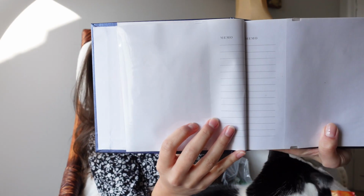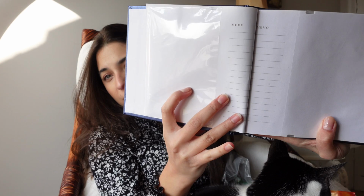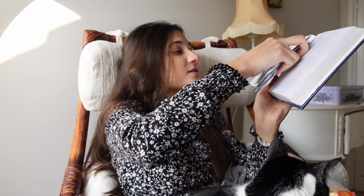I'm also storing my seeds in this photo album that I thrifted from the charity shop, which was £1. It had a very dirty plastic cover on it, but I just took that off and it's brand new underneath. So far all I've popped in there are my giant poppy seeds. I thought they're really good for the gardening stuff because they've got a little memo bit where you can actually write down notes. But they've also got these plastic sleeves. So for example, you can just slide